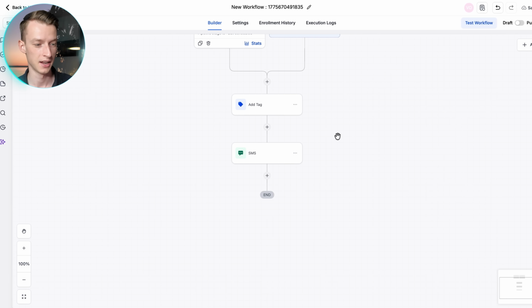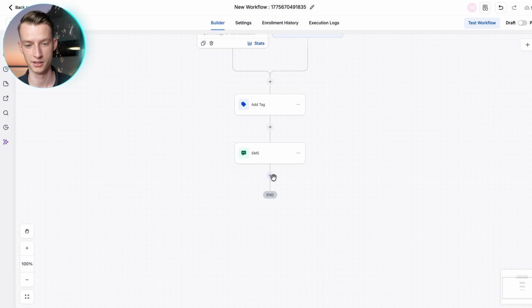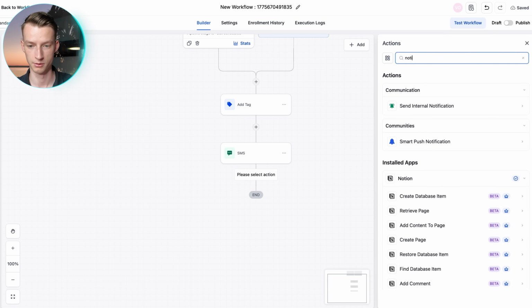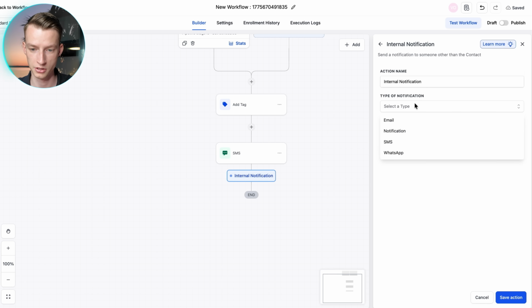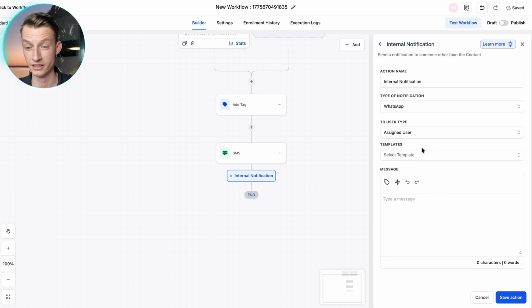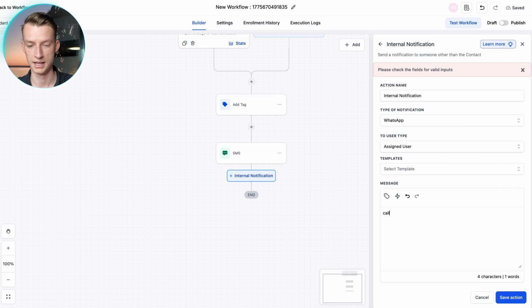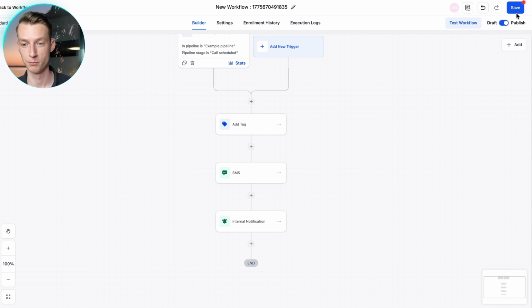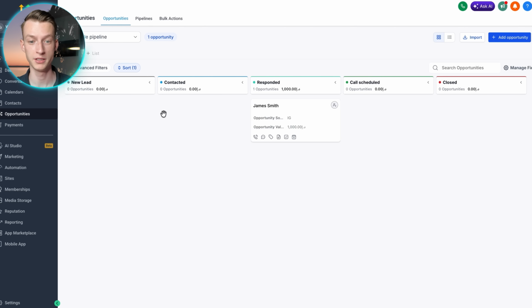If we want to make it a bit more complicated, we could also send, for example, an internal notification to our team. So we could just say, send internal notification. Maybe we want to send a WhatsApp message to the assigned user of the lead that the call has been scheduled and the lead has been sent the videos. And now we could just click here on publish, and we just set up a brand new workflow